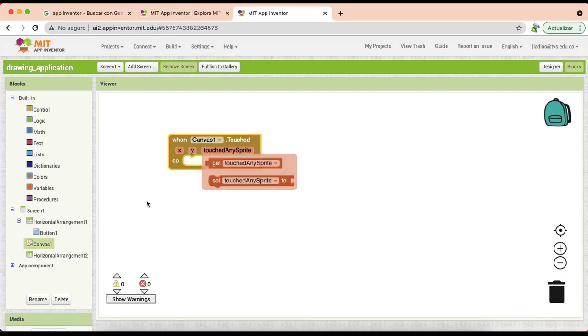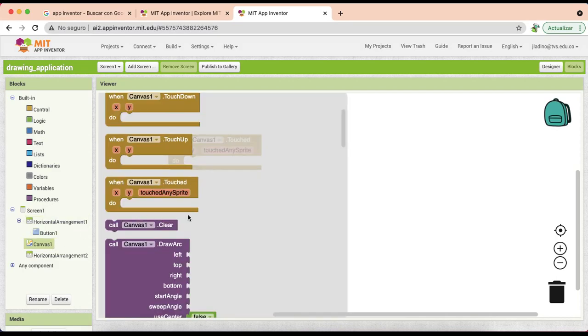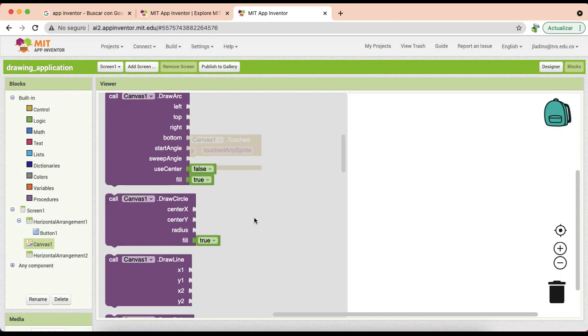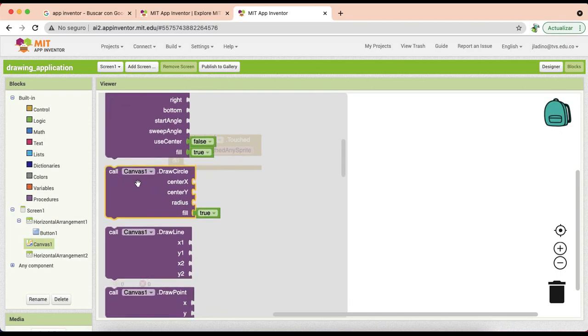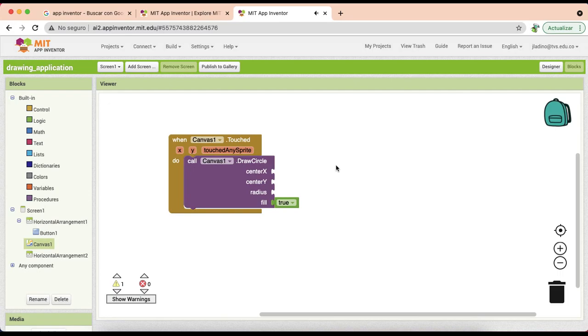Next step, I'm going again to Canvas, and I'm going to find this option, the one that says code canvas 1 draw circle. I'm going to put it inside here, and it's asking me three values: the center X, center Y, and the radius. What is that? It's asking a position in the screen and then the radius of the circle in order